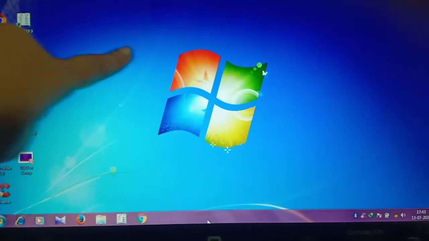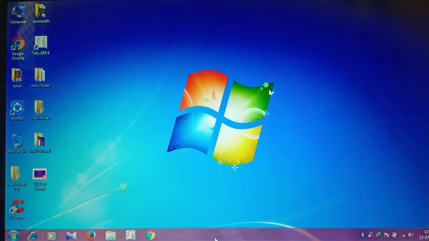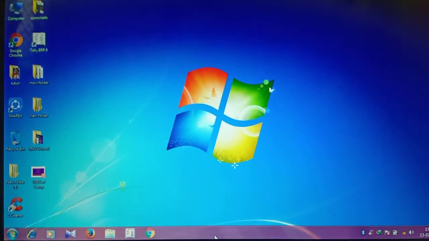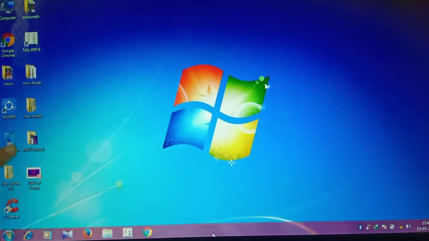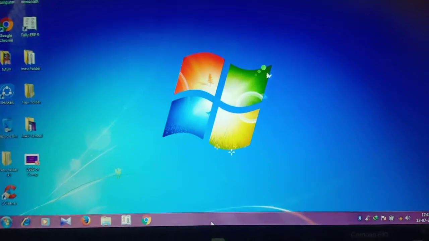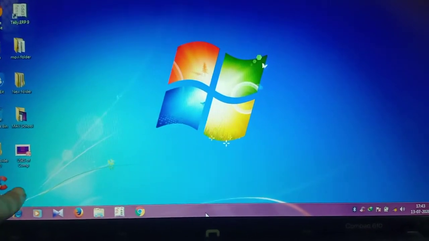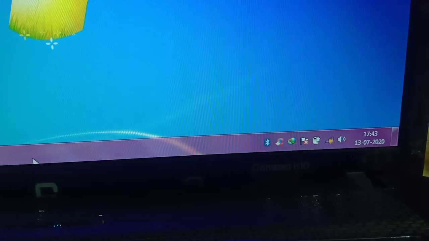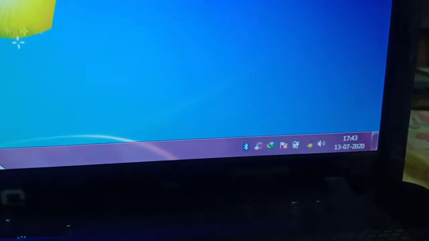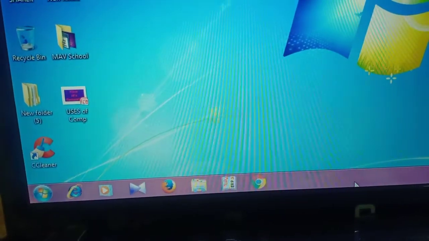Here we can see the desktop background, that means wallpaper. These small pictures present on the desktop are called icons. This is your start button. The bar below is your taskbar. And this is your notification area. This is the quick launch bar.